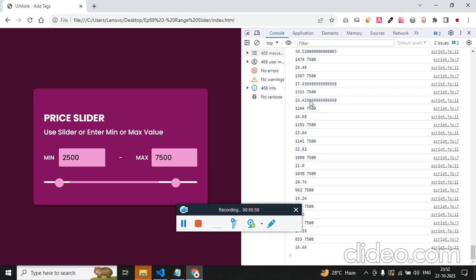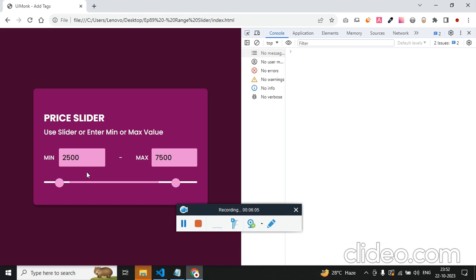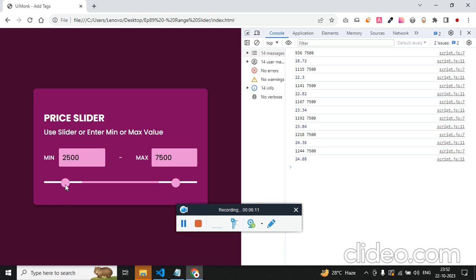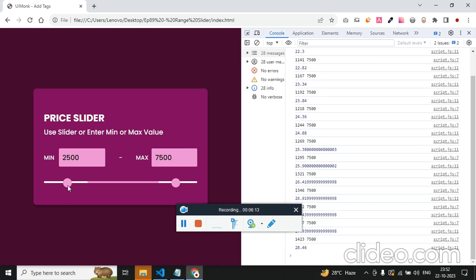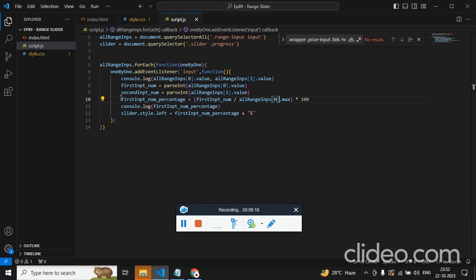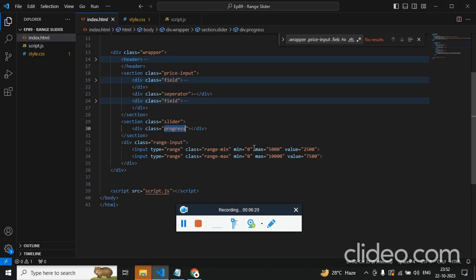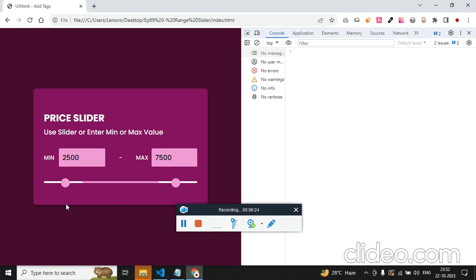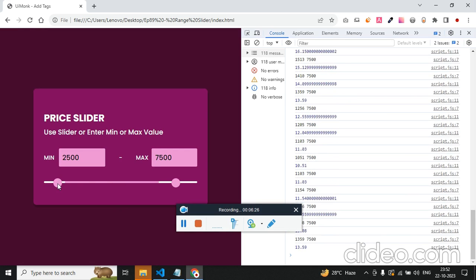So you can see the percentage value 25. Let me just change one. It's 18% now. 24. So what if I make it this as 1000 itself? And if I change,